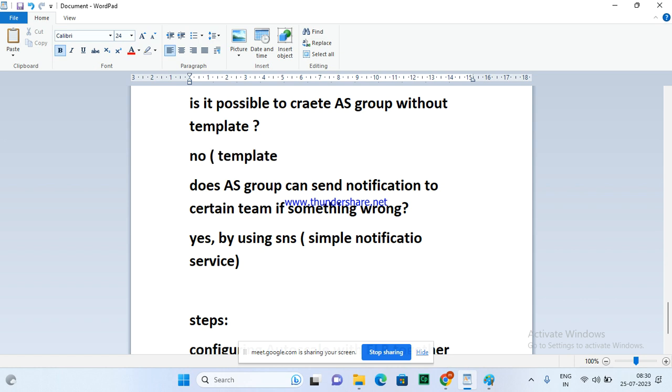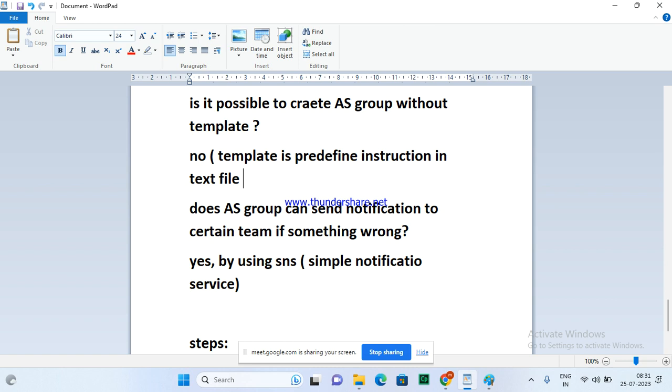Template is a common terminology we use in MS Word, Excel, PowerPoint, everywhere. Template means predefined. You can say predefined instruction in a text file. It's a file, it's not a server, it's not a software.